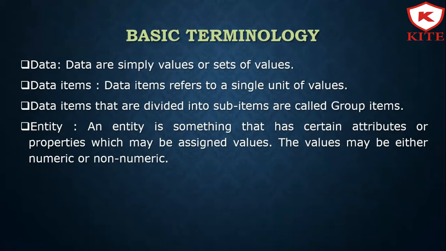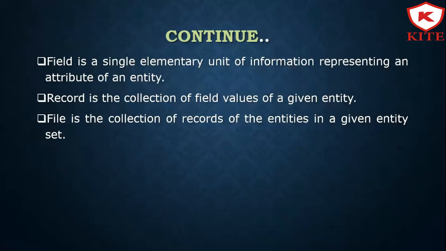Entities with similar attributes form an entity set. Each attribute of an entity set has a range of values, a set of all possible values that could be assigned to a particular attribute. The term information is sometimes used for data with the given attributes, in other words, meaningful or processed data.